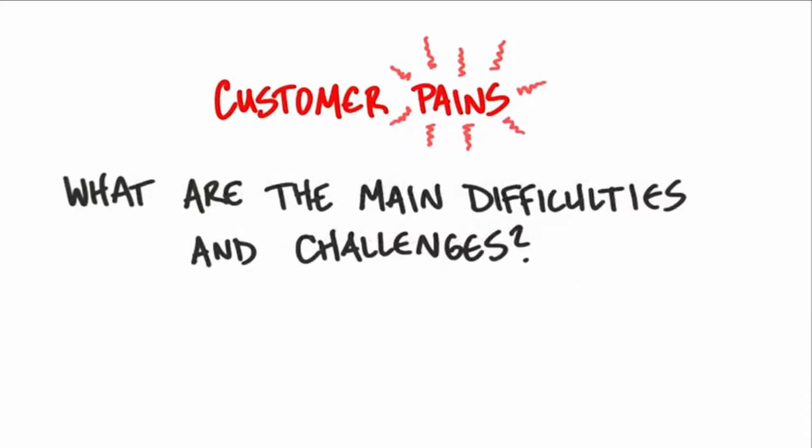And what are the main difficulties and challenges? Now, one of the interesting things is that entrepreneurs come back and say, yes, customers said this was a real pain. Our product really solves these problems. Well, one of the things you need to know is, was this like problem number 47 on their list? Or is this in the top 3? Because most human beings, whether they're in corporations or even at home, tend to only worry about the top 3